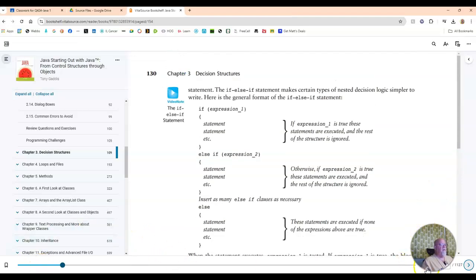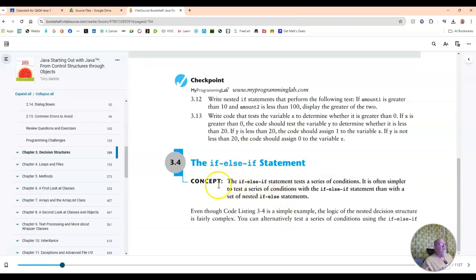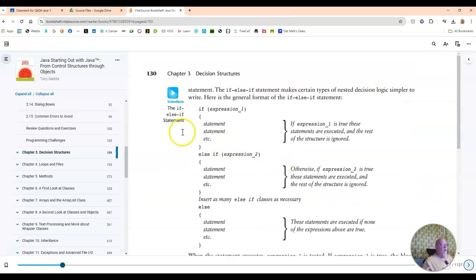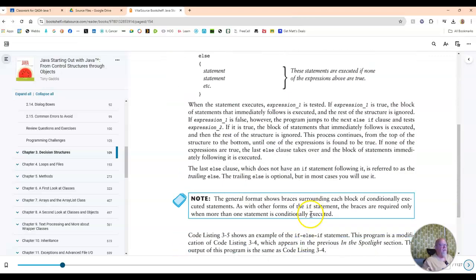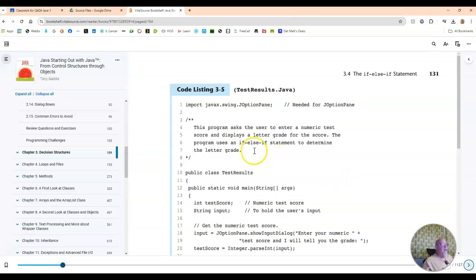I went too far. We have this thing called an else if, or if else if statement. The if else if statement tests a series of conditions, and it's simpler to test a series of conditions with the if else if. So, what does it look like? Well, I've got my if statement. Here's my open brace, closing brace. And then on the same line, I've got else if. And there's my expression, and then it's going to do those. Okay? So, let's take a look at